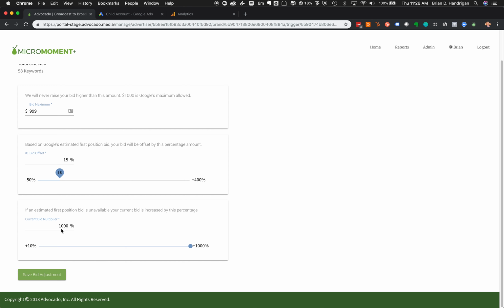And down here, in not all cases can we actually get that value back from Google. So in this case, we have the option of going how much higher. Is it, in this case, 1,000%, which would be 10x, or do we want to say 6x? So 600, give or take 600% here. And so now we've saved the constraints on,